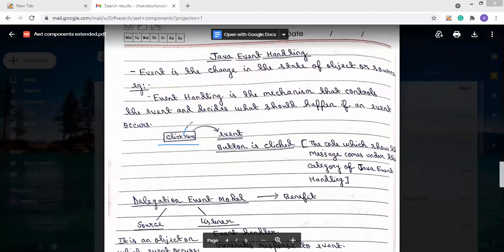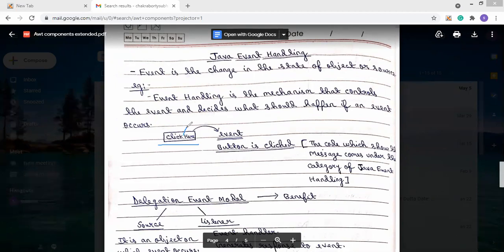Now, after pressing the button, the state is changed. When you didn't press the button, the state of the button is unchecked. After pressing the button, the state is changed to checked.